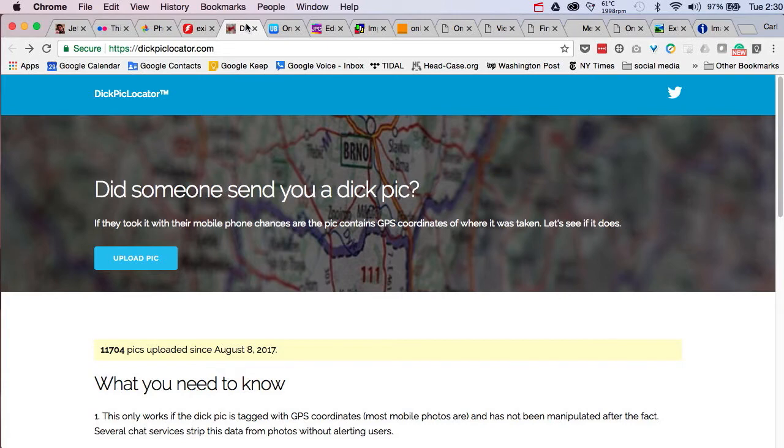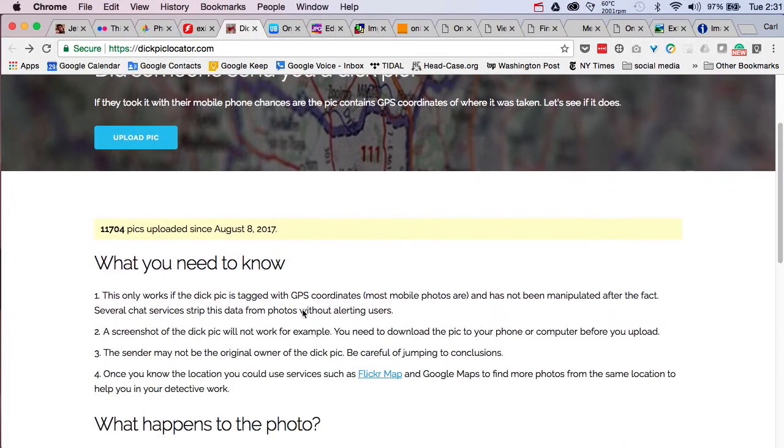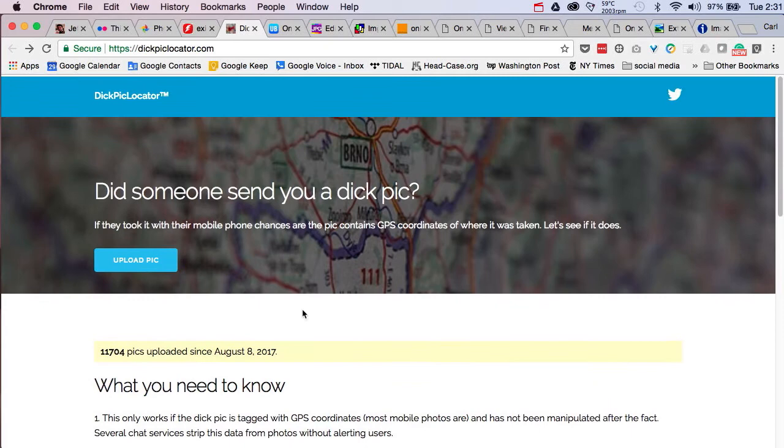Next up, we have PairXBom's dick pic locator that we wrote about last week. Now, this site's purpose is to generate a discussion about metadata, as well as being a statement about the dick pic social media phenomenon. But it's on this list. It doesn't really do a whole heck of a lot, but it is on this list because